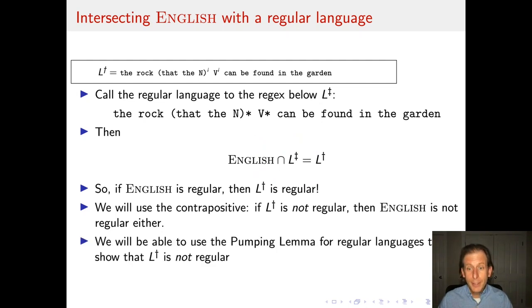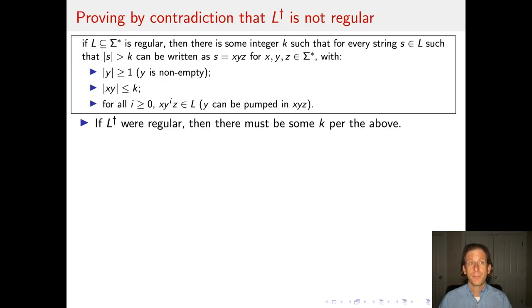And we're going to be able to use the pumping lemma for regular languages to show that L dagger is not regular. So how do we do that? Once again, at the top, I have the pumping lemma for regular languages. Let's prove that L dagger is not regular by contradiction. So if L dagger were regular, then there must be some K, according to the pumping lemma condition up here, such that everything that follows in the pumping lemma statement here applies. This holds true. So in order to prove that L dagger is not regular by contradiction, all I need to do is